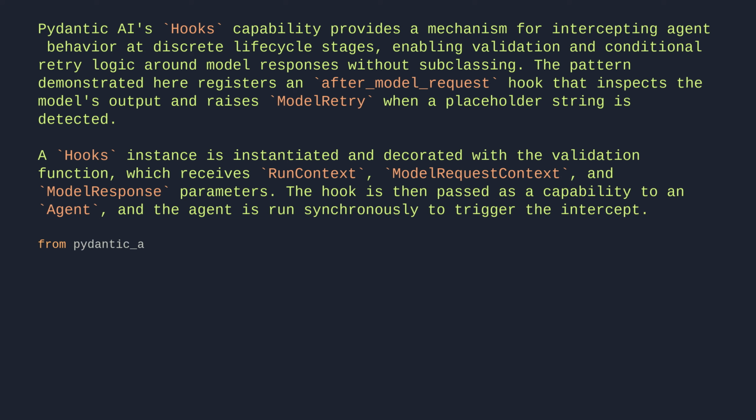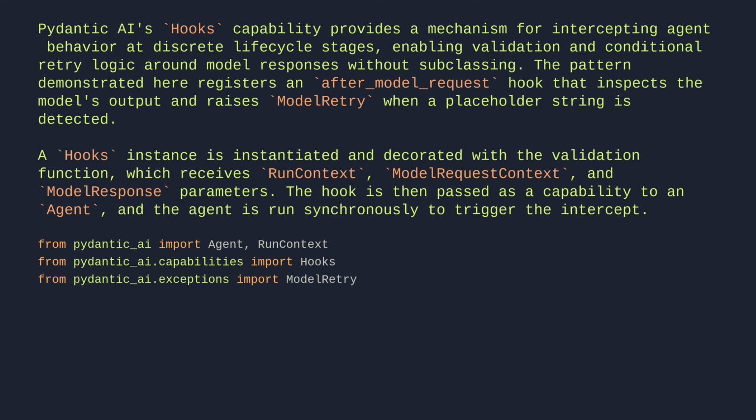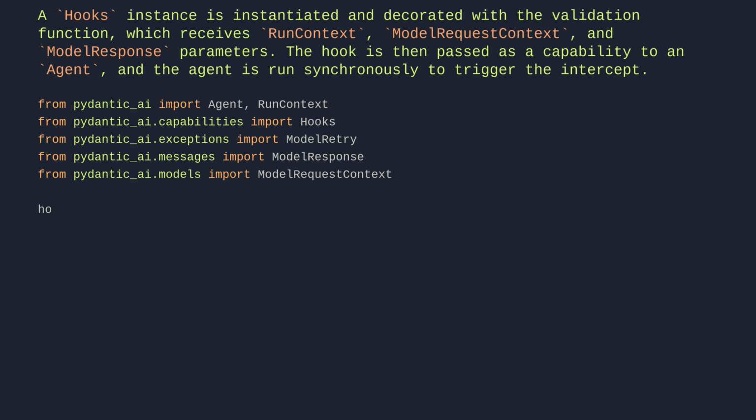From pydantic_ai import Agent, RunContext. From pydantic_ai.capabilities import Hooks. From pydantic_ai.exceptions import ModelRetry. From pydantic_ai.messages import ModelResponse. From pydantic_ai.models import ModelRequestContext. hooks = Hooks(). @hooks.on.after_model_request async def check_response(ctx: RunContext[None],